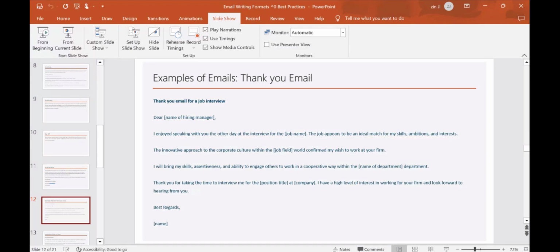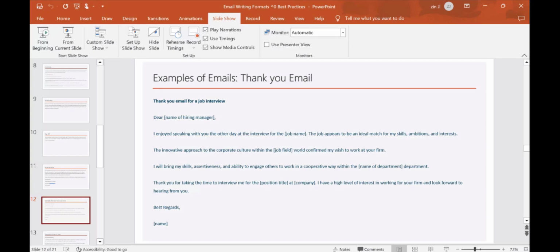So this is the body of the email. You go, dear name of hiring manager. So say, dear Mr. Ricky or Mr. Ghosh. You always look at the email that you get. Now you can use either the first name or the last name. Like I said, if it's my first email I'm writing out, I would use dear Mr. or Miss, last name, right? So for me, it would be Ghosh, right?